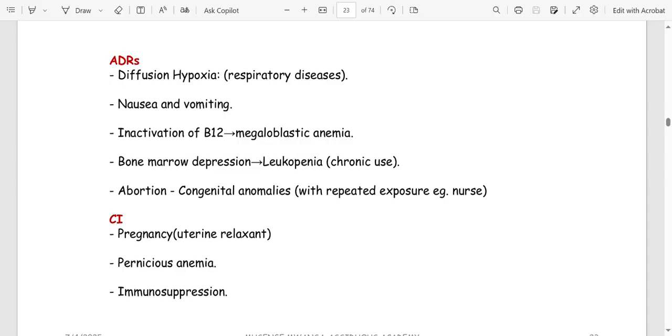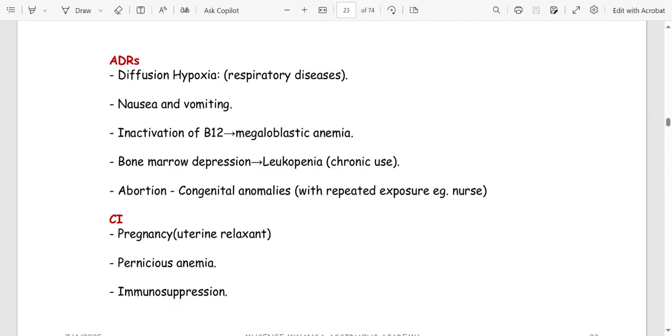So that is what causes megaloblastic anemia, because there's inactivation of B12. It can also suppress bone marrow. That can lead to leukopenia. Okay, the drop in white blood cells if you use it chronically. Also, it can lead to abortion and congenital anomalies. Okay,